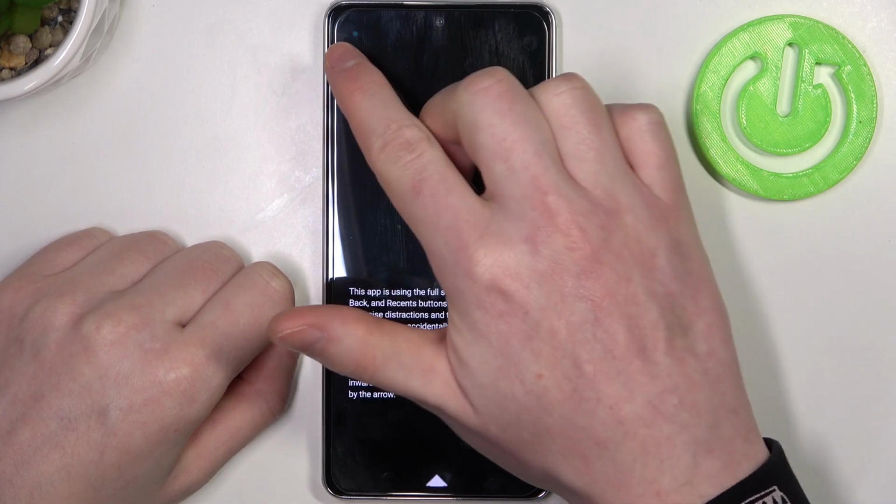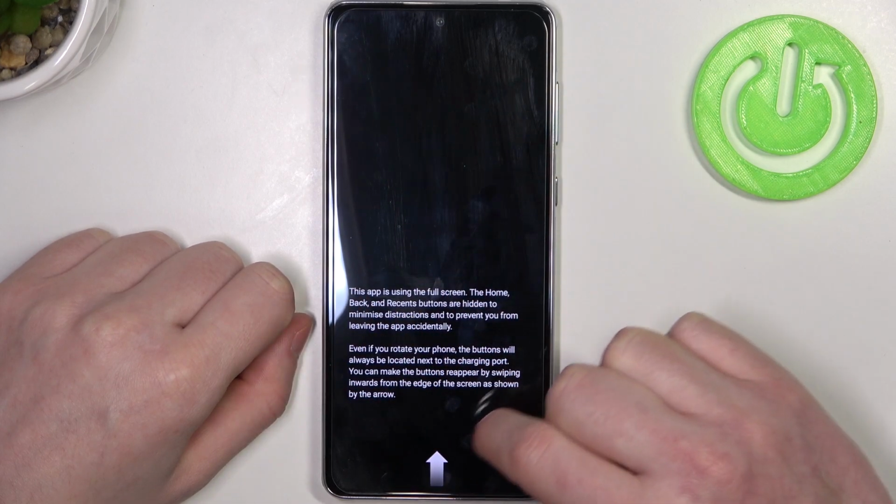Now click on the test button to see the LED lamp. It's right here in the top left corner. And that's it for this